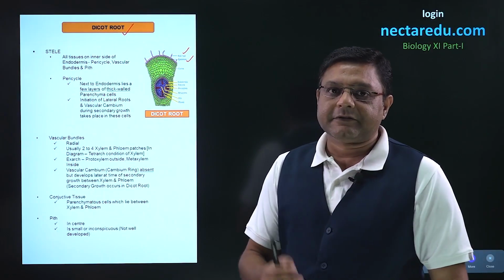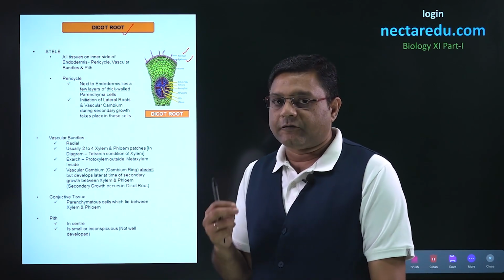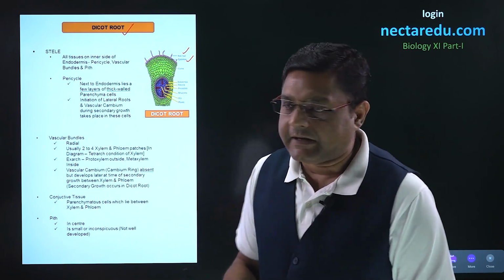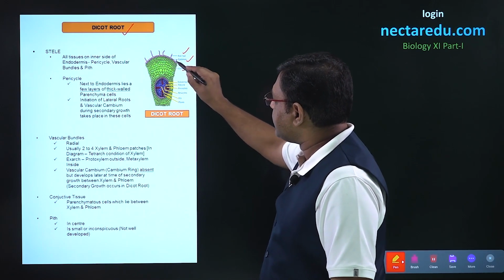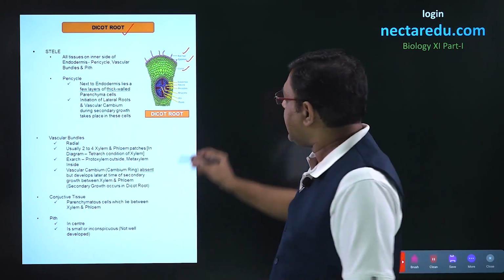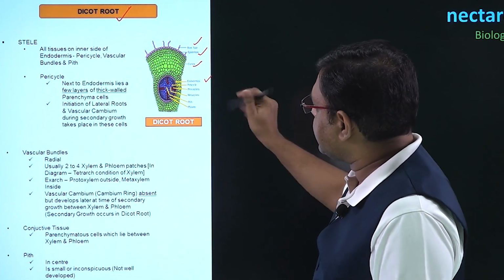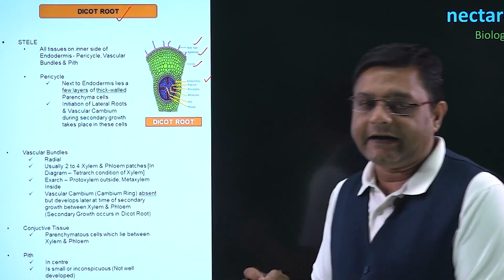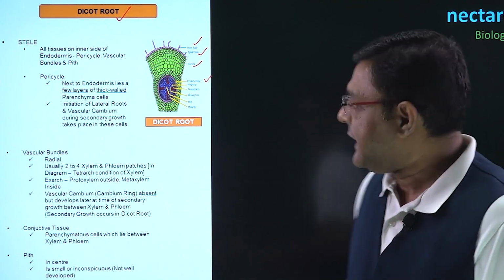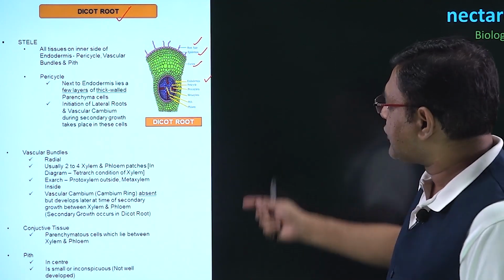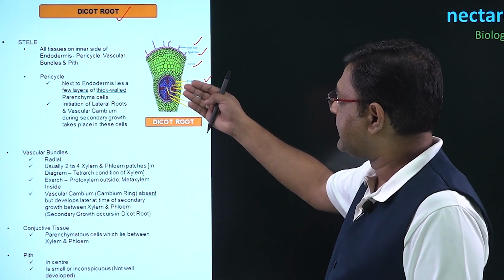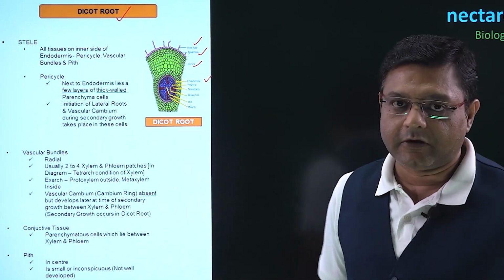Below this epidermis is cortex. In the case of roots, hypodermis is absent and it will just have some layers of general cortex and a single layer of endodermis. Now, the structures till endodermis we had discussed in earlier video. In this particular video, we will continue into the structures which are present inside the endodermis.